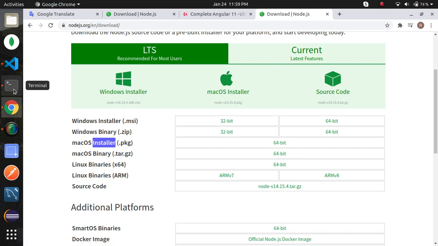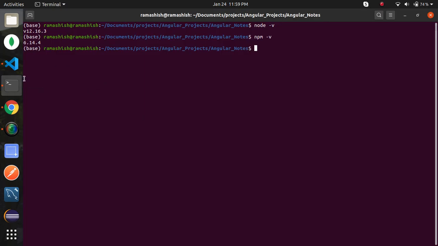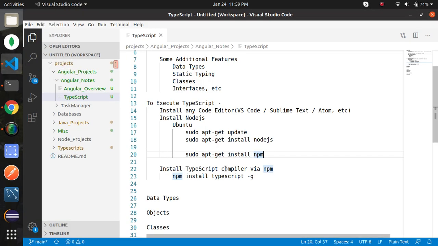Now after the installation of Node, you need to install the TypeScript compiler to execute the TypeScript code. To install the TypeScript compiler, use this command: npm install typescript -g. -g is for global installation.